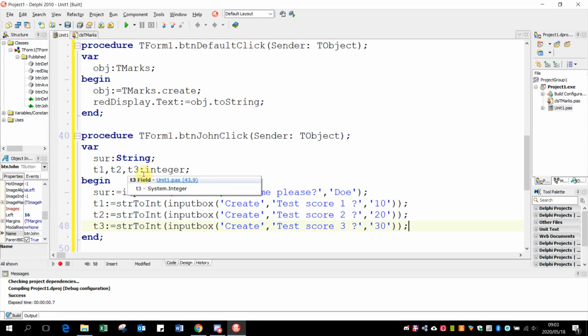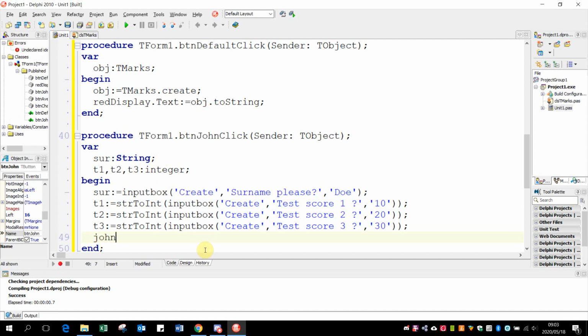Okay, now we've got all the values we need. Now we need to just go create the object. Remember, it's still not created. So our object John we want to create. So this is the only instance where we use our class name